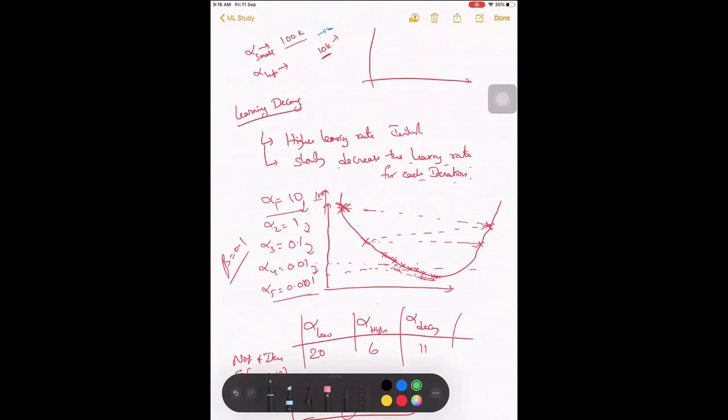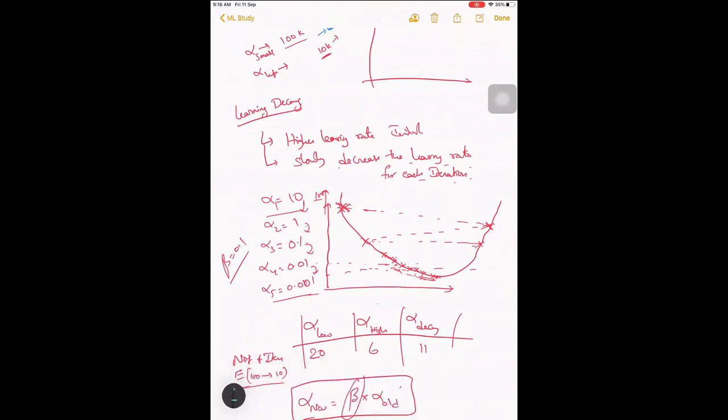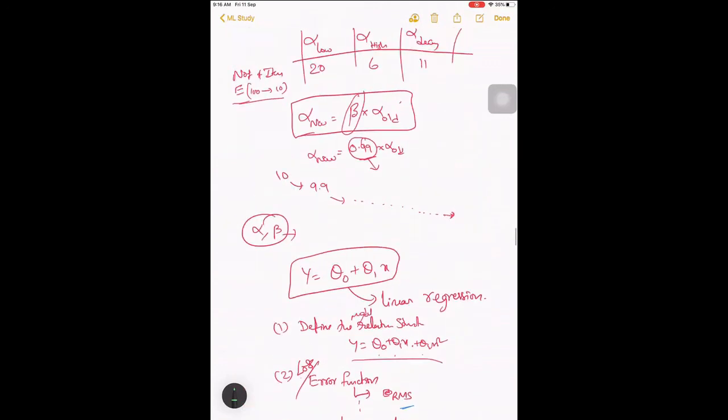This particular graph here: if alpha is more, it is decreasing faster. Let me draw one more graph here. If alpha is fast, it is decreasing like this. If alpha is very low, it is slow, slowly going towards zero.